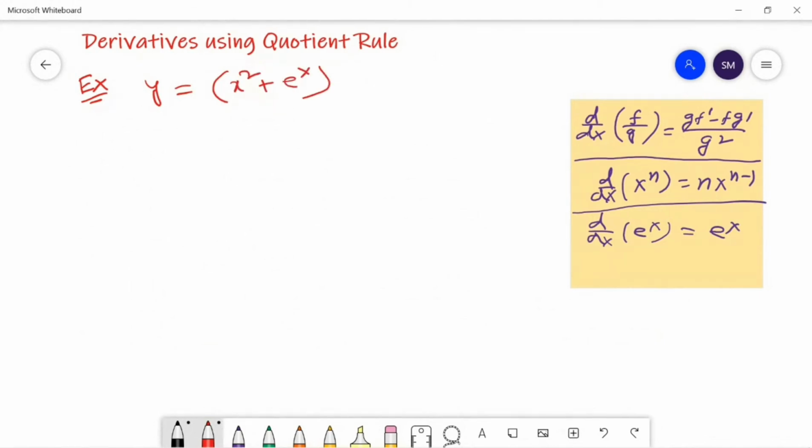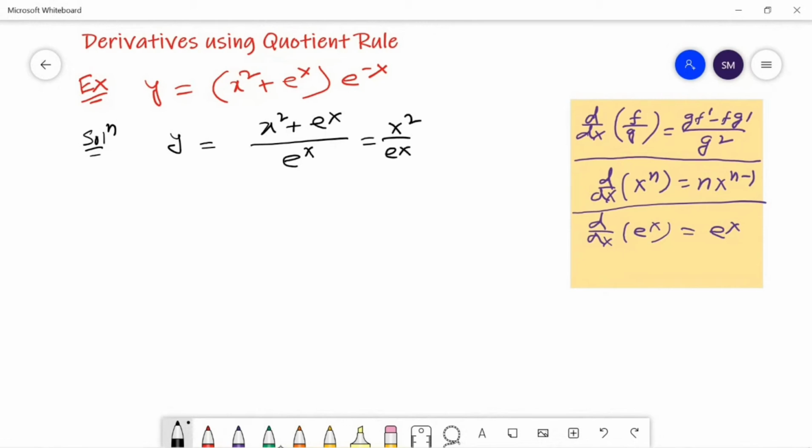In the next example, we have an expression which is not ready-made for the division rule. So we first rewrite it in the format where we can apply the division rule, as y is equal to x square plus e to the power x, and e to the power minus x can be taken down as e to the power x. Now it is ready to apply the division rule, but we will do one more step of simplification before applying the derivative, so that we separate the terms and write it as x square